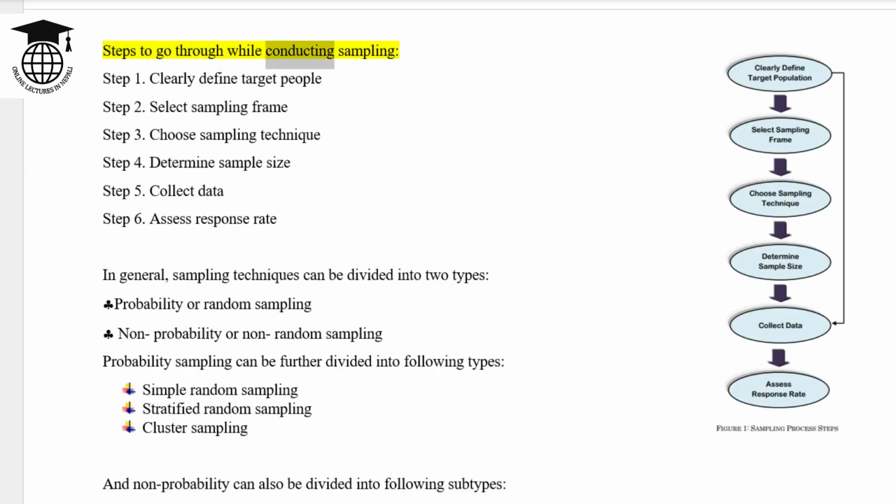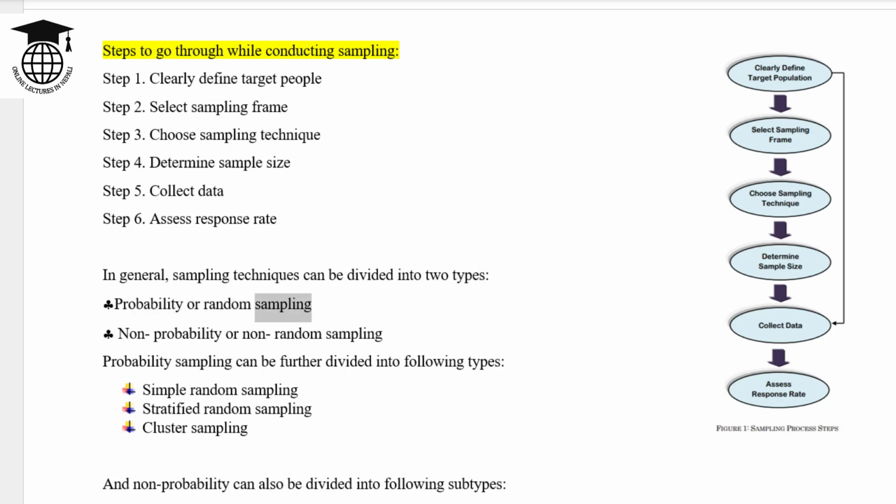Steps to go through while conducting sampling. Step 1. Clearly define target people. Step 2. Select sampling frame. Step 3. Choose sampling technique. Step 4. Determine sample size. Step 5. Collect data. Step 6. Assess response rate. In general, sampling techniques can be divided into two types: